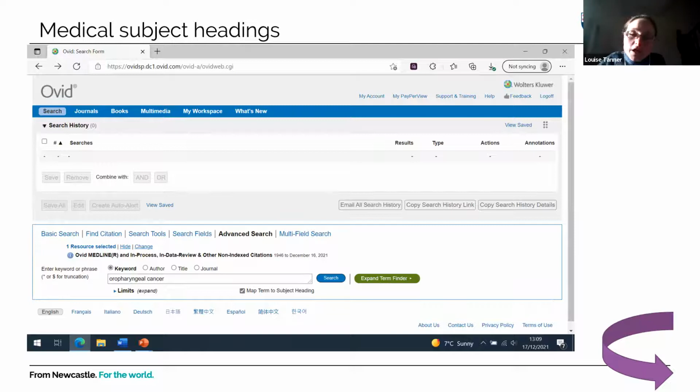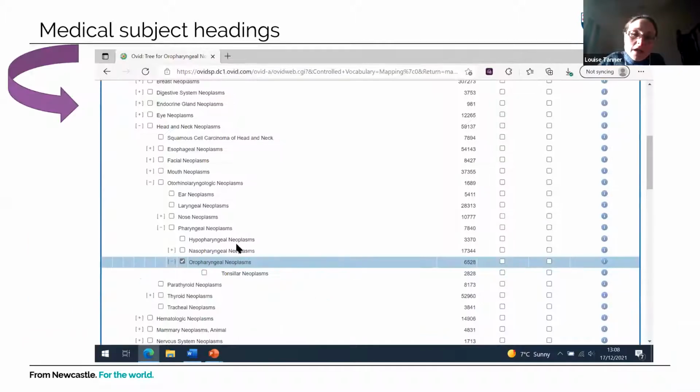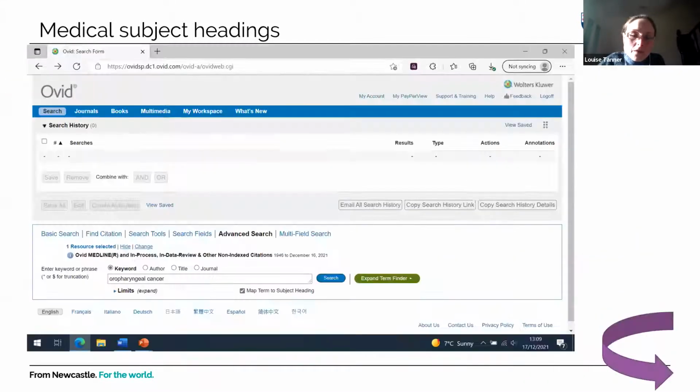So in this example, you would search oropharyngeal cancer and select map to subject heading, and then you can search this as a mesh heading, and that will give you results. But I would also search oropharyngeal cancer and deselect map to subject heading, and that will give you all of the results where oropharyngeal cancer has actually been mentioned in a title or abstract.